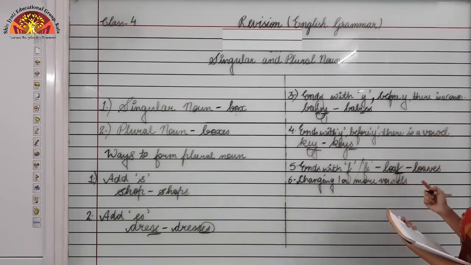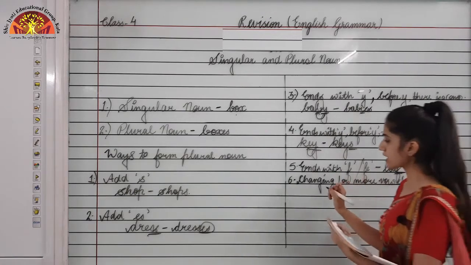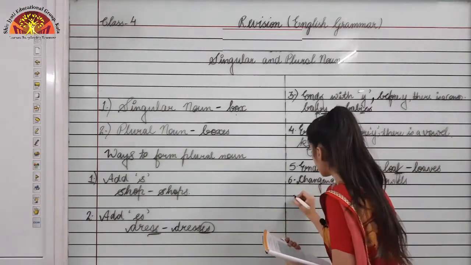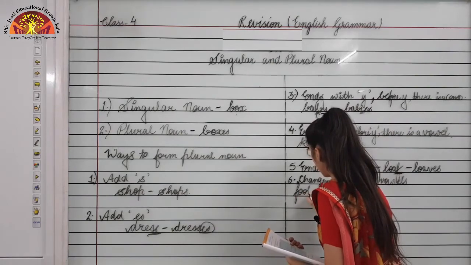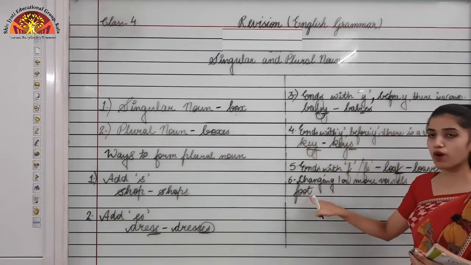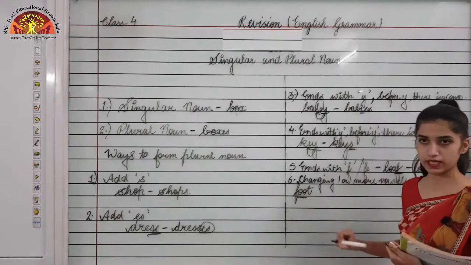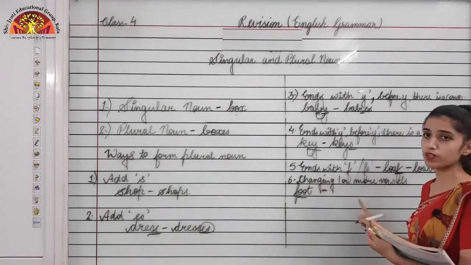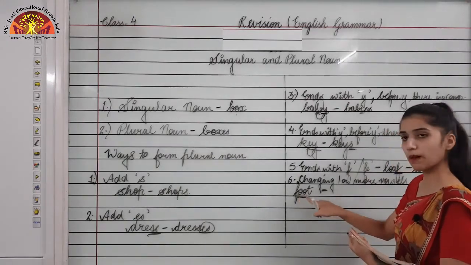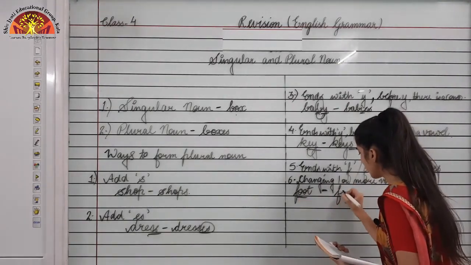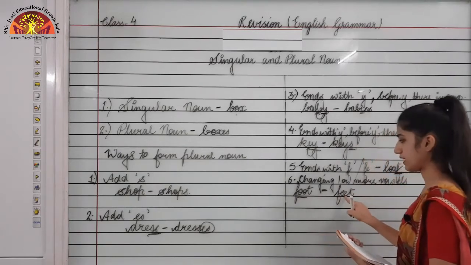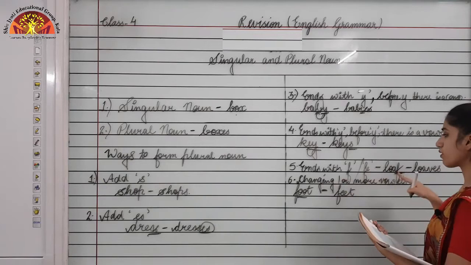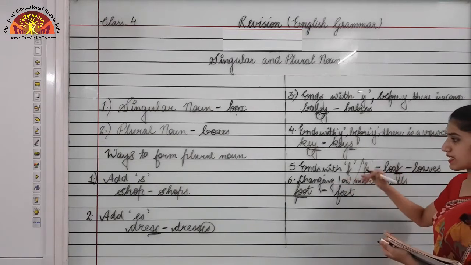First example I am taking of this is foot. Okay, it's having two vowels, right? That is double O. To make its plural, we'll just change its vowel only. It's having double O, so to make its plural, we added double E, because that is also a vowel. So this is the example of changing one or more vowels.